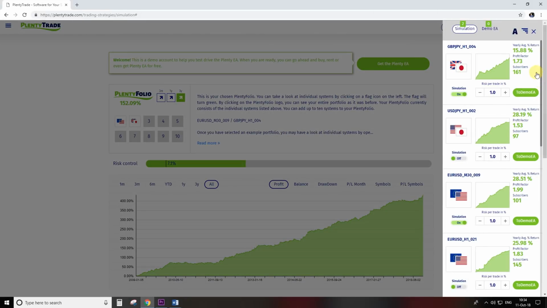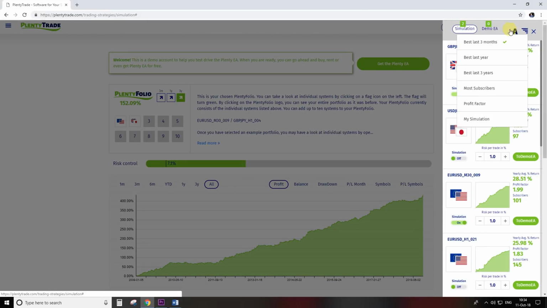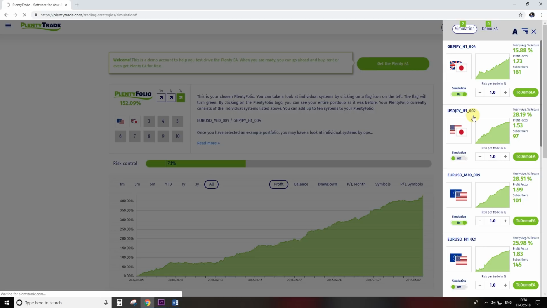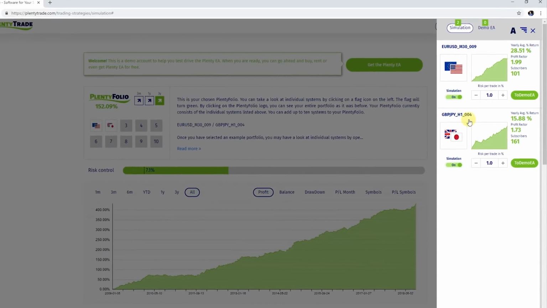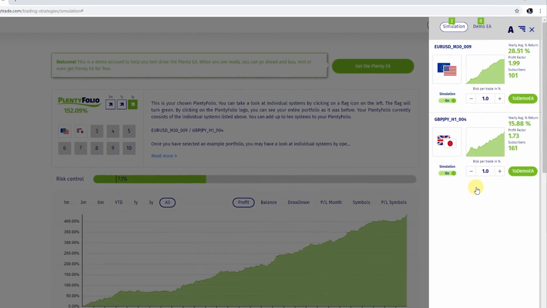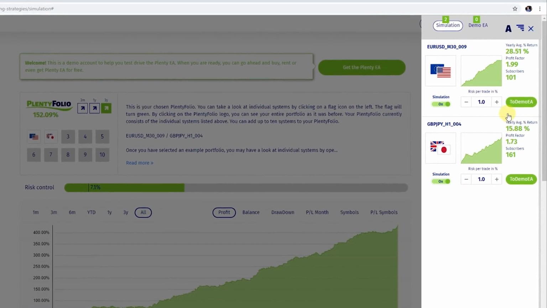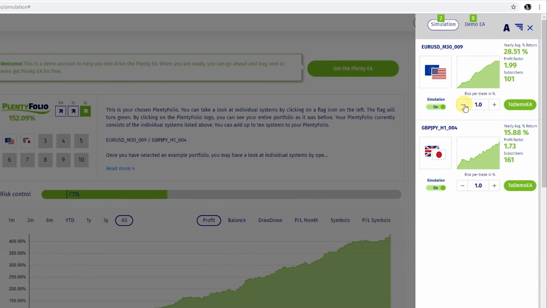With the sort function, it is also possible to click on My Simulation to display all the systems you are currently using in your simulation. In addition, you can adjust each individual system according to your individual risk appetite via the minus and plus keys. Your goal in creating a PlentyFolio should be to increase the yield over the long term and to reduce the